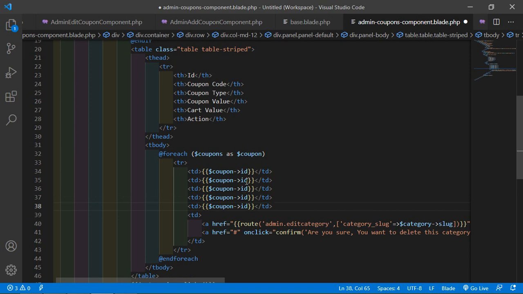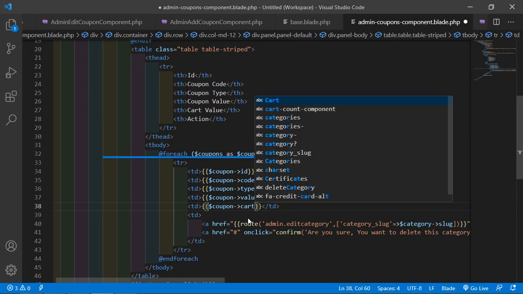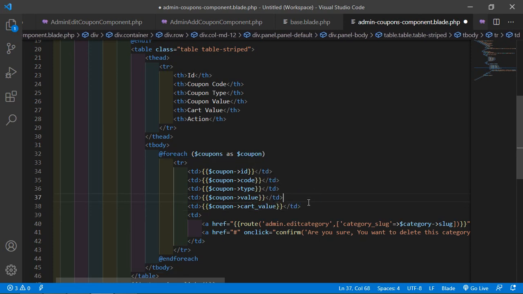Okay, now change here the column name, code, another column which is type, then value, and then cart value, cart_value.